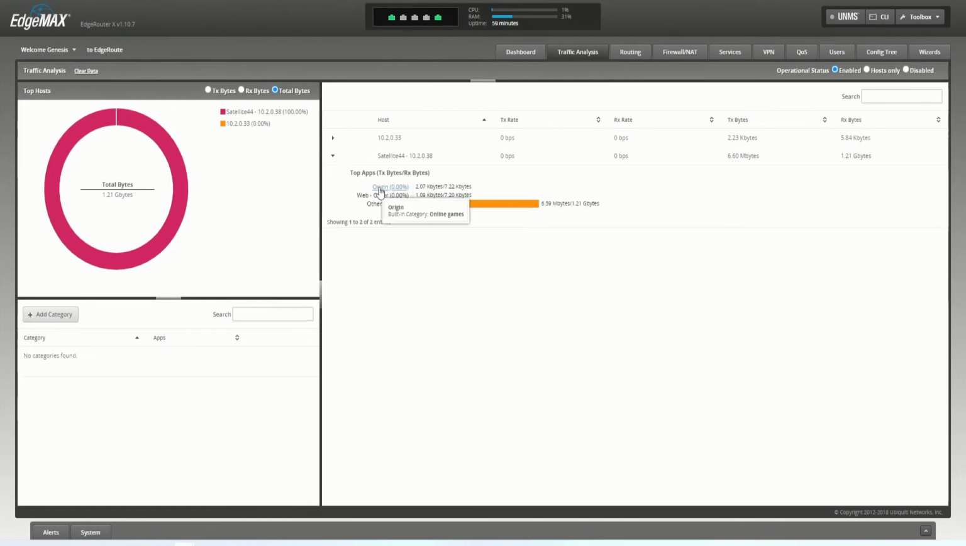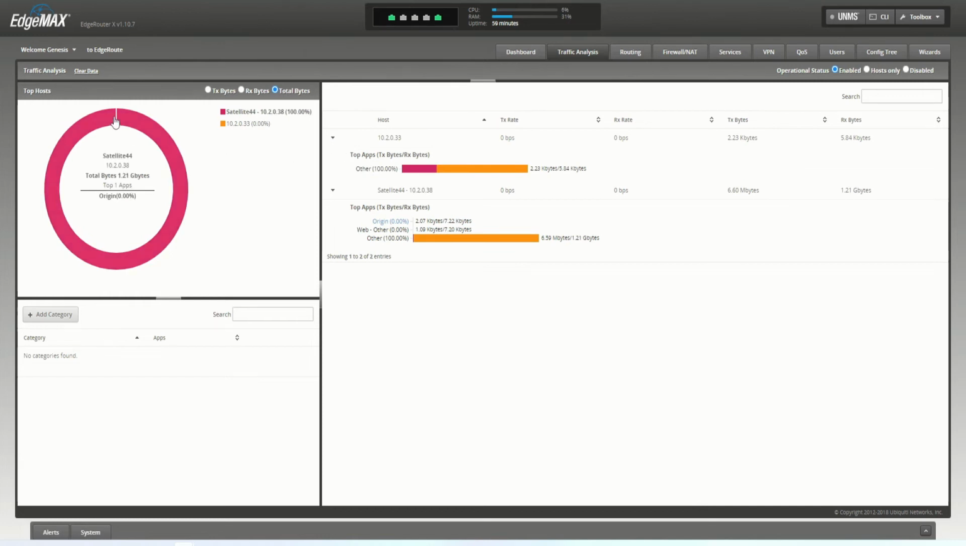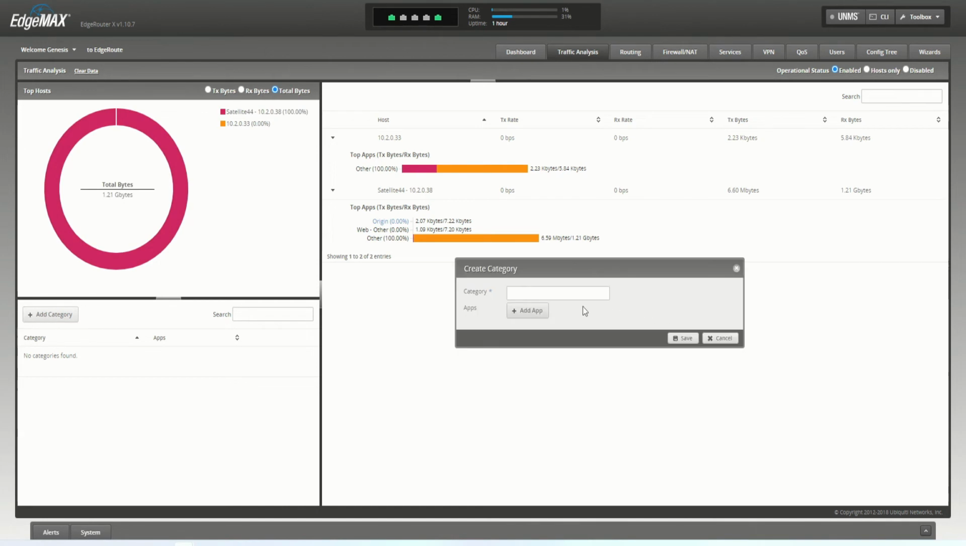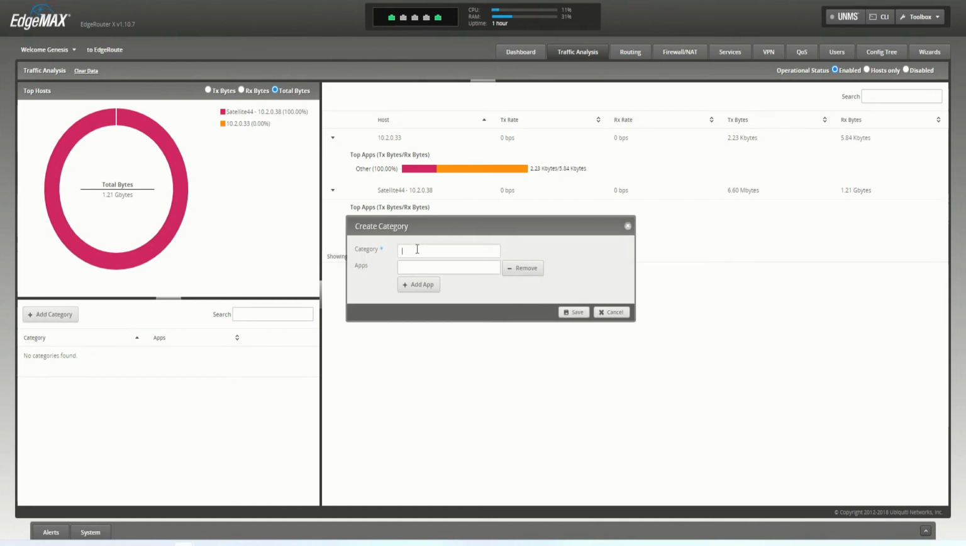And as you can see, it breaks down the type of programs and the amount of usage of each computer. So if one of these servers was taking up most of the bandwidth, you would see this on this chart right here. You could also add categories such as apps,